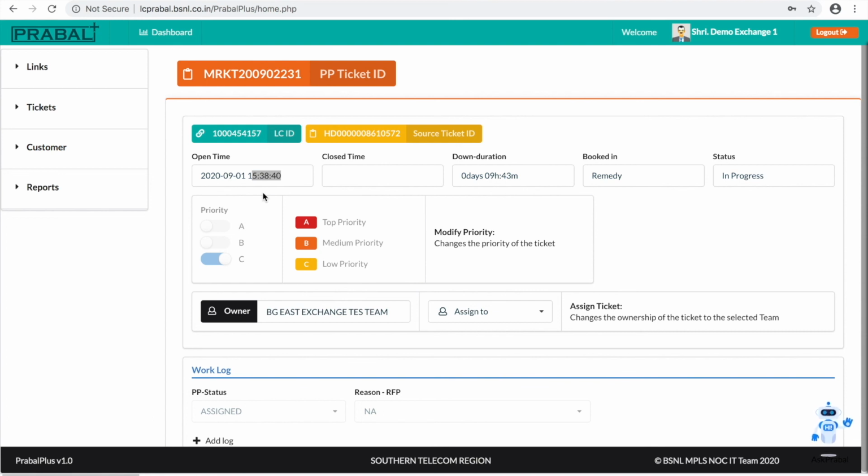Then he can push the ticket to the concerned exchange team or the SSA team. So this is the hierarchy we are following. First, it will check the exchange user. If the exchange user is not there, the SSA admin. If the SSA admin is not there, it will be assigned to the circle LC admin. This is the flow followed in Prabal plus fault escalation. Okay, in detail we will see in the upcoming videos. Thank you.